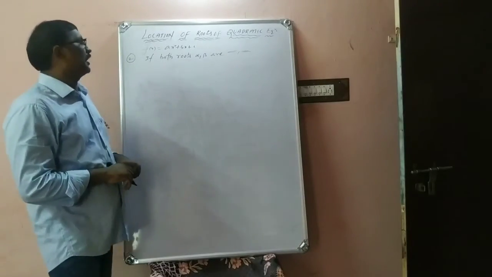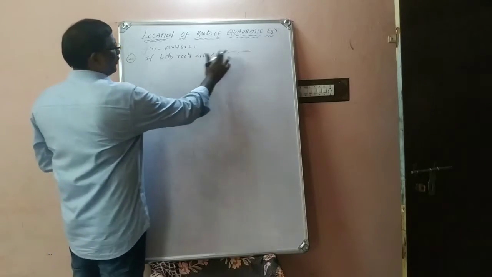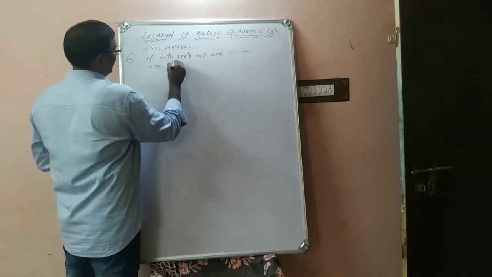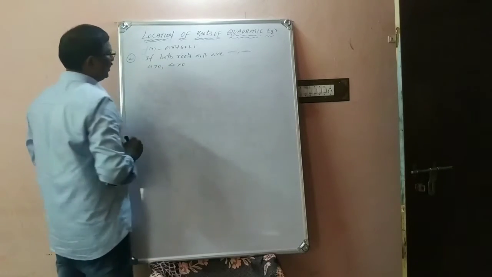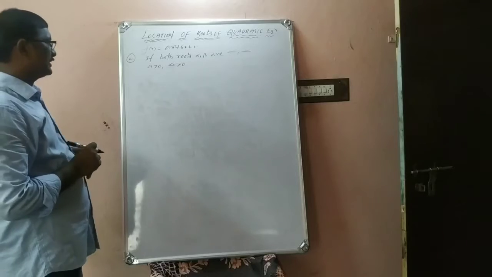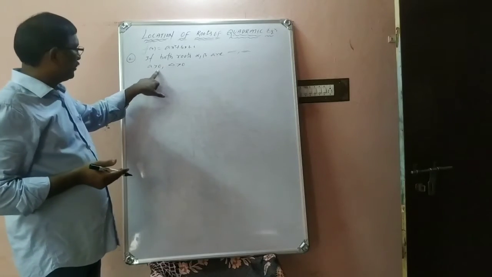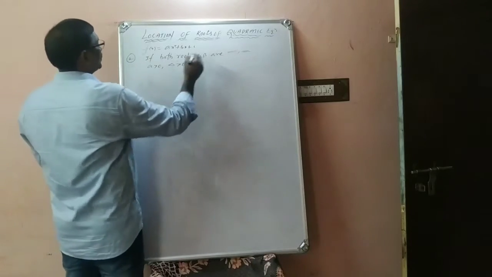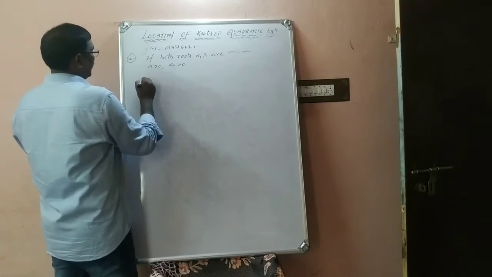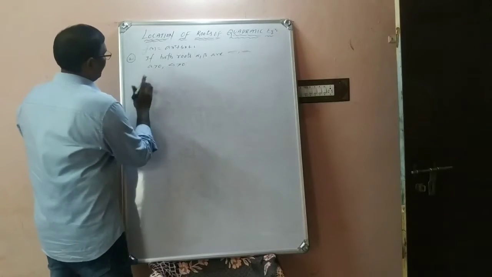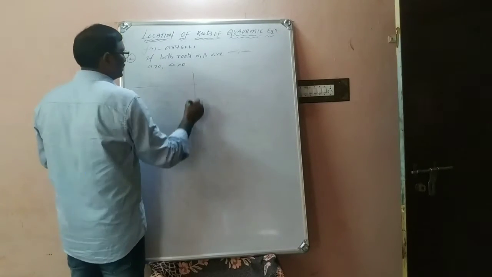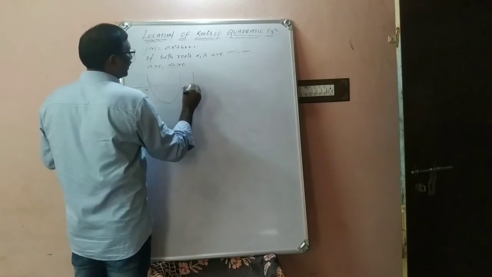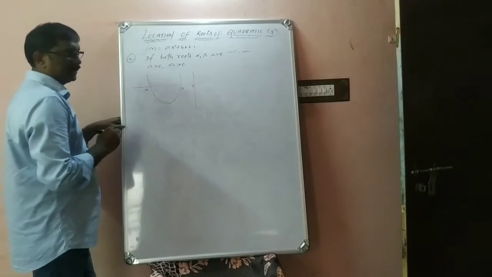Now both the roots are negative. If alpha comma beta both are negative, so in the case a positive and the same like previous one, delta is greater than 0. A positive, what roots you will get? Real and distinct. A positive means you will get an upward parabola, and delta greater than 0 gives real and distinct roots. So both the roots are negative now. That is the difference. That means what? If you take the parabola on the number line, this is the number line, this is the origin. So here you will get alpha and beta both negative because this is the origin. That is the difference.